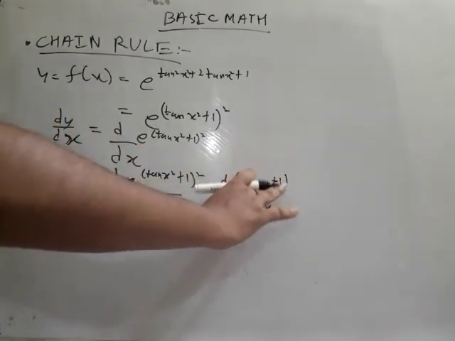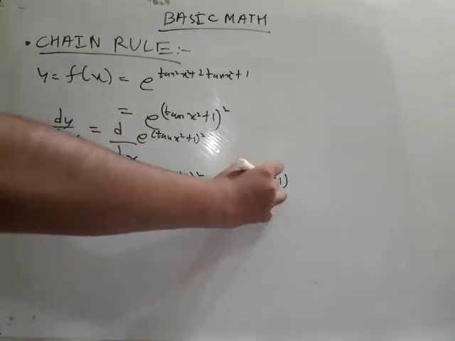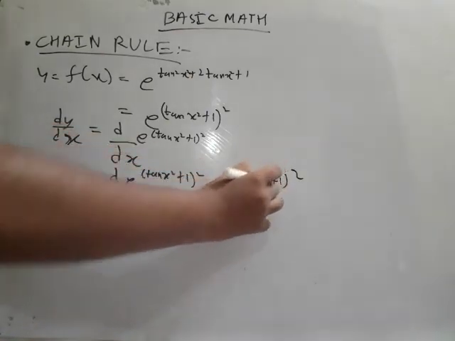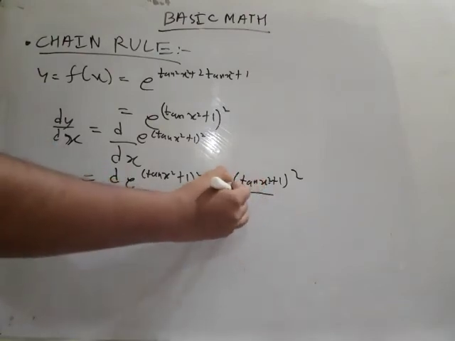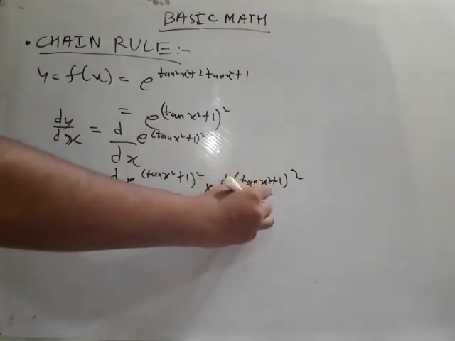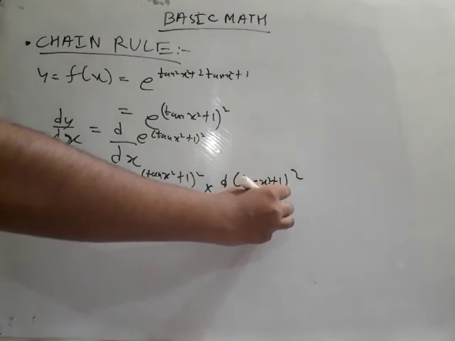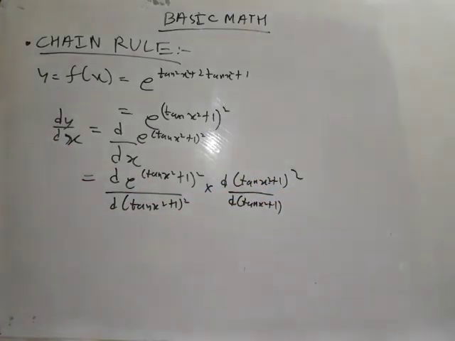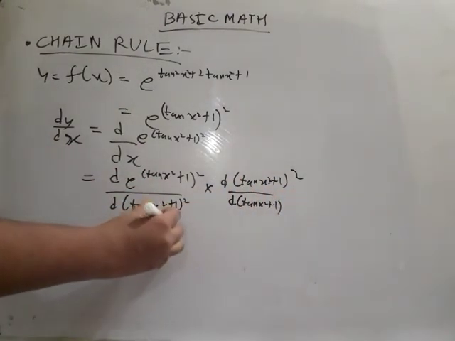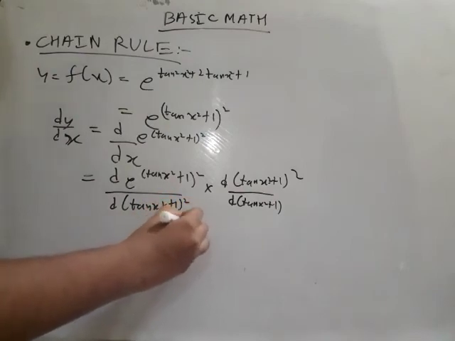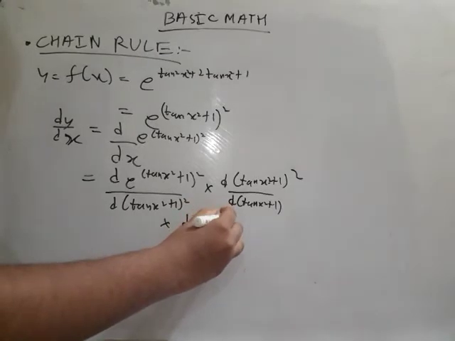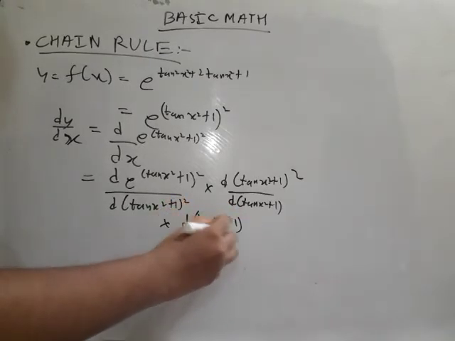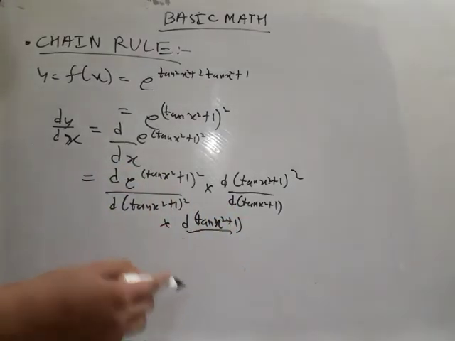Do we know the differentiation of (tan x square plus 1) whole square by dx? We don't know. So what do we do? We do not take dx here. We take d of (tan x square plus 1). Okay. Now again I am writing it down. d of (tan x square plus 1) by, now can we differentiate tan x square plus 1 with respect to x?